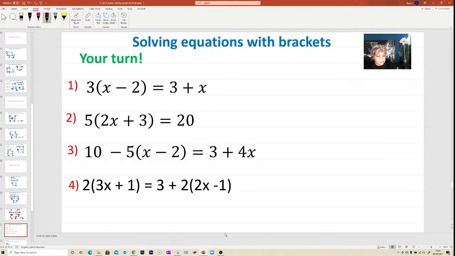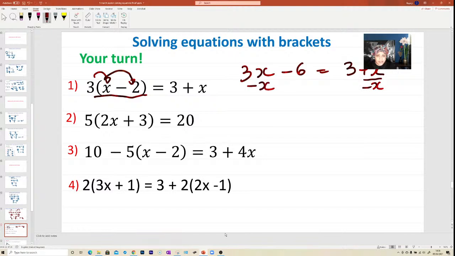All right, so I'm going to go over these questions with you guys. Are you ready for it? So the first one, we need to expand the bracket first. 3 times x is 3x, and then 3 times negative 2 is going to give you negative 6, equals 3 plus x. So the small x is here, we're going to take away x on both sides. 3x take away x is going to give you 2x, minus 6 equals 3. Now we need to add 6